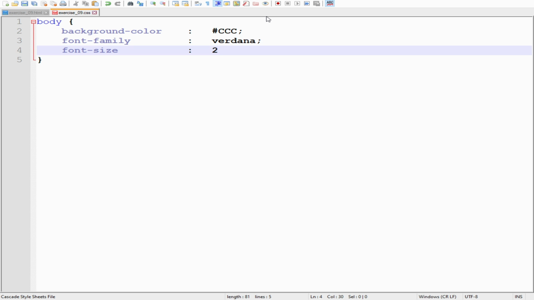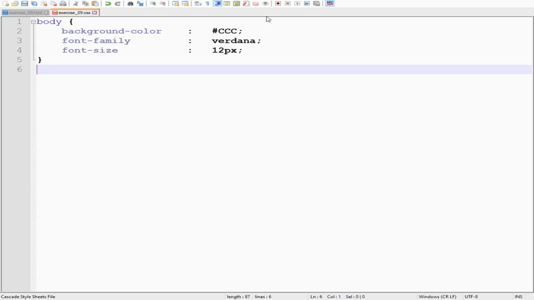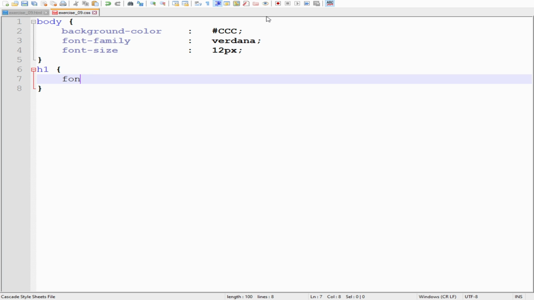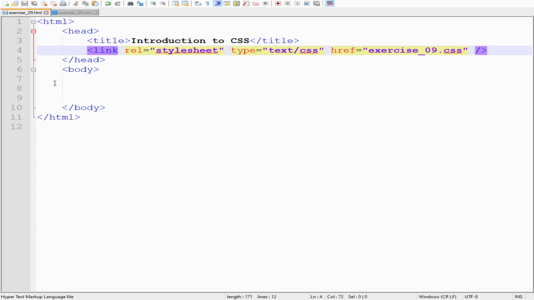Font size 12 pixel, then h1. Okay, going back to our .html file,